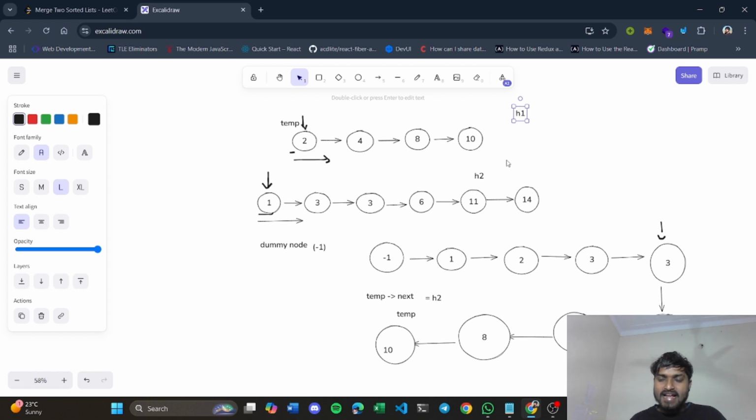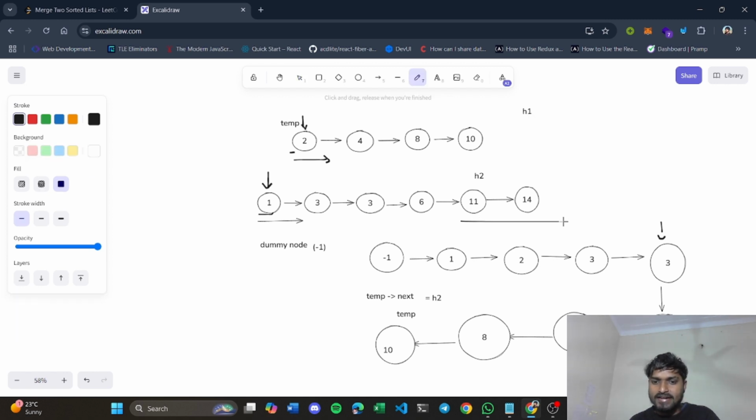So you can see that one head pointer is pointing to null, and another head pointer is pointing to one value. So we don't need to consider this. We will have to stop our loop here, and now we basically have to connect these two pointers, right? So you will basically connect this temp next pointer to this 11th value, right? So we actually got here value 1 2 3 3 4 6 8 10 11 14.